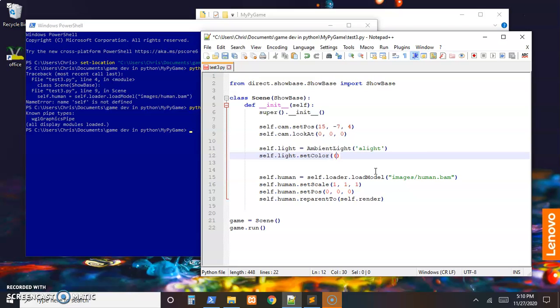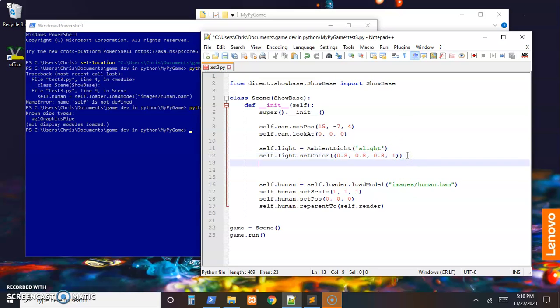So in a tuple, we need some value for red, some value, so maybe 80% green, 80% blue, and then our alpha value, with 1 being no transparency and 0 being fully transparent. So I'm just going to go with no transparency on the light for now. And once we create it, then we'll call attach light,